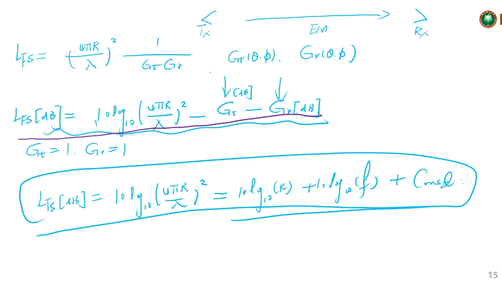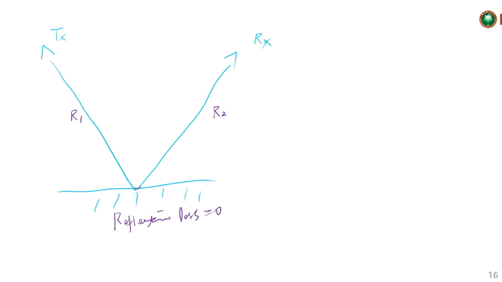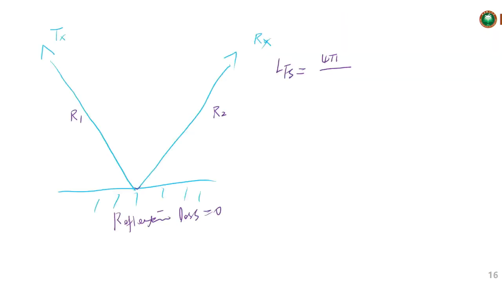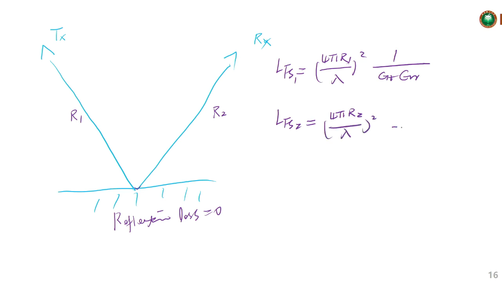So the path loss here equals (4 pi R over lambda) square, 1 over Gt, 1 over Gr. So for this part, free space path loss 1 is with R1, and free space path loss 2 is (4 pi R2 over lambda) square, 1 over Gt and 1 over Gr. So the total path loss